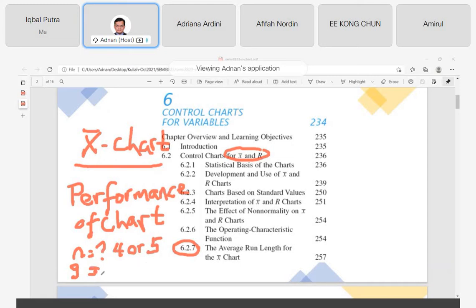g is the subgroup number. Subgroup number is normally between 20 to 30. Why? Because we want to make sure that it can represent the distribution. Normally, to have a distribution, you need at least 20 subgroups. It will be good if you have 30, but sometimes taking samples is expensive. So if you have a subgroup number of 20, you already can plot a histogram